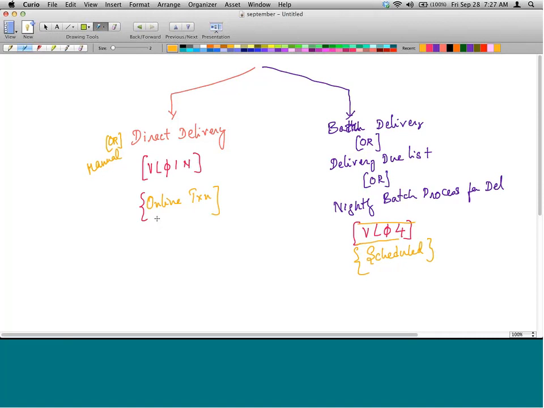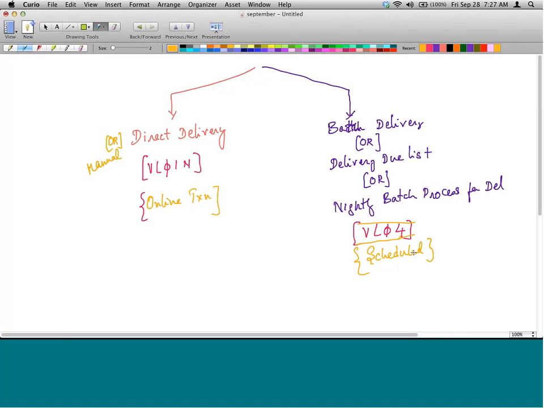Two modes in which you can do deliveries: direct delivery and batch delivery. Direct delivery, you create one delivery at a time. For one order, you are doing the delivery. In batch process, VL04, you can set a range. For example, create all deliveries within this range, or create all deliveries for the shipping point, for this plant, for the US.